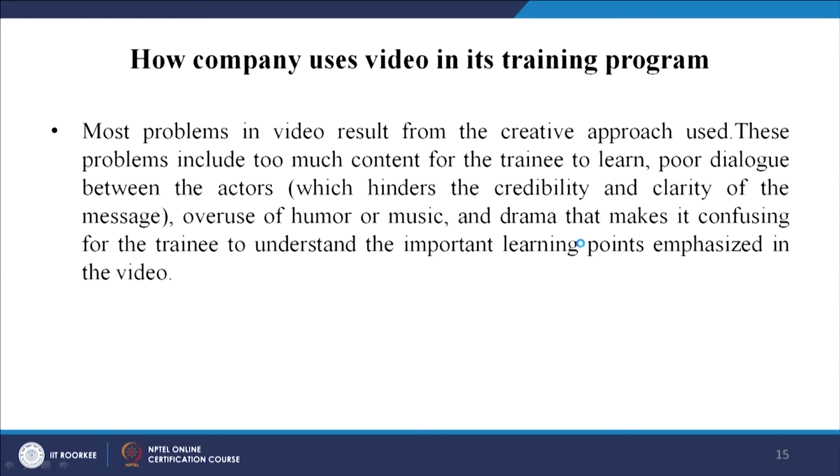So, this is all about examples of how training programs with audio video can be used. Most of the problems result from the creative approach used.